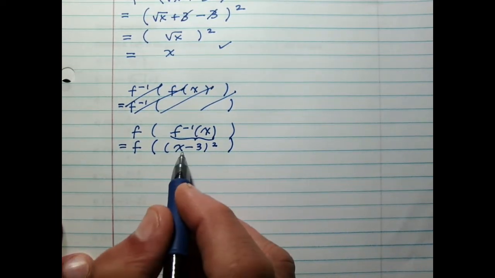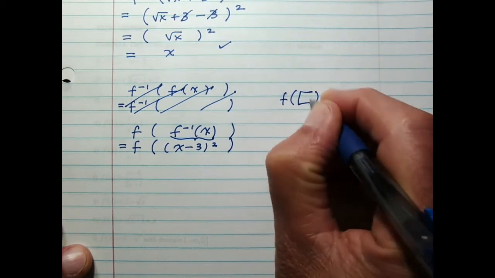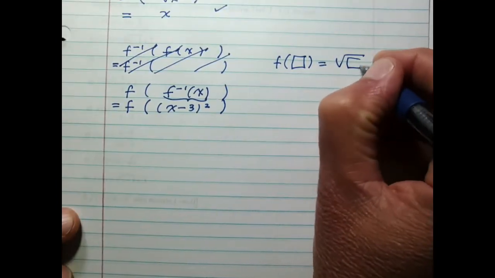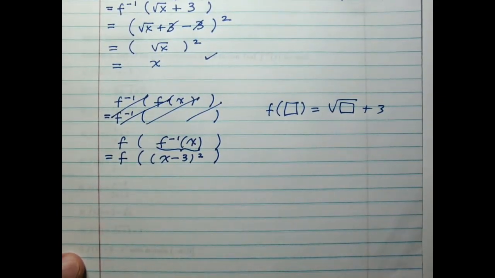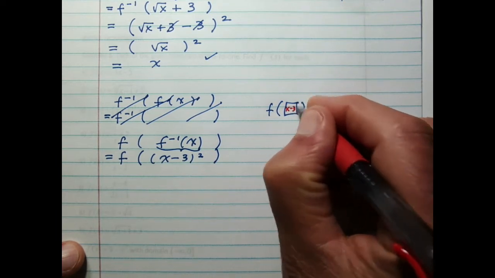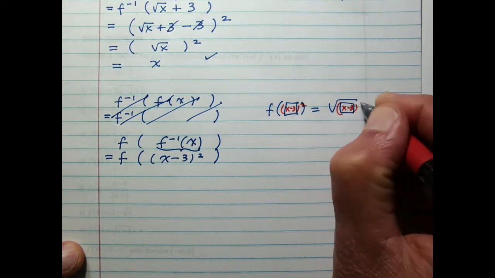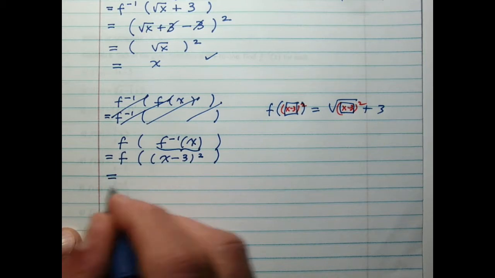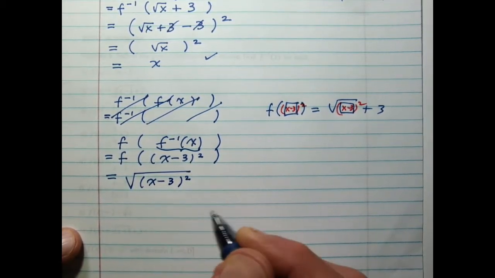So I'm going to apply the function f to that. Well, again, the function f of box from up above is square root of box plus 3. So if I happen to have x minus 3 squared in there, I'm going to end up with the square root of x minus 3 squared